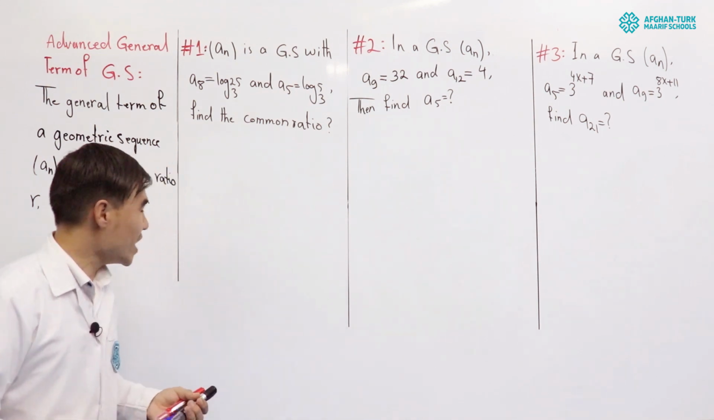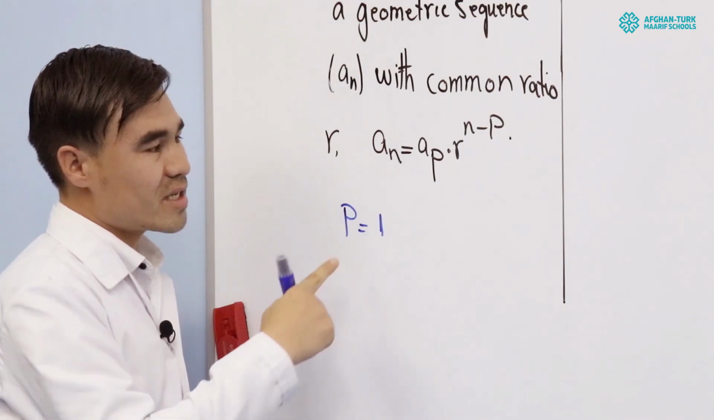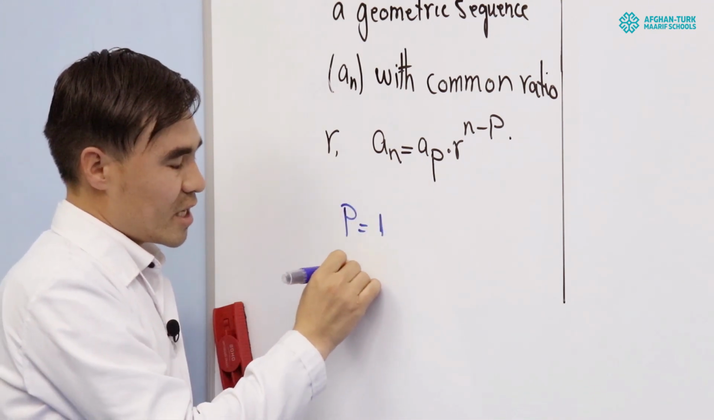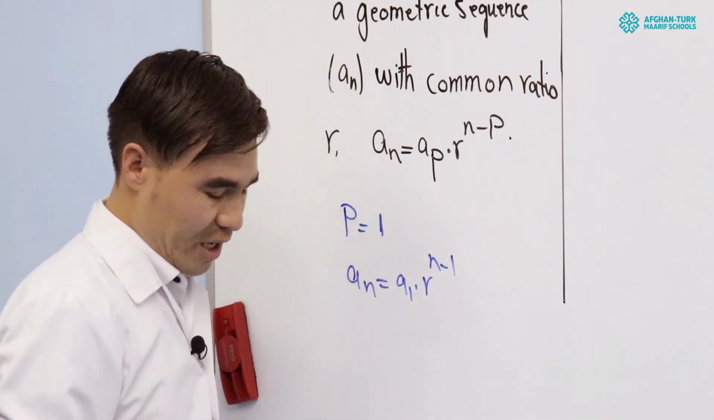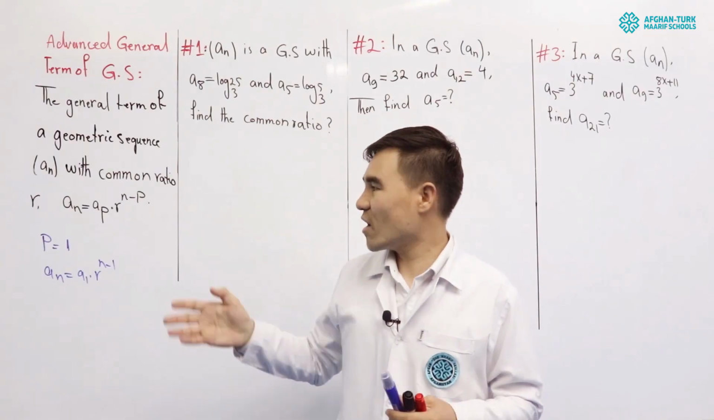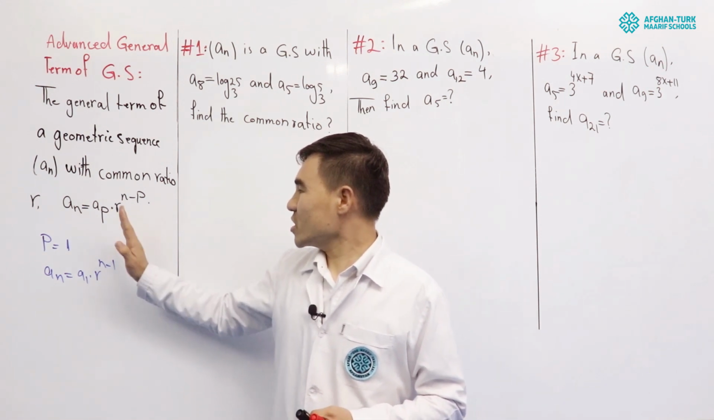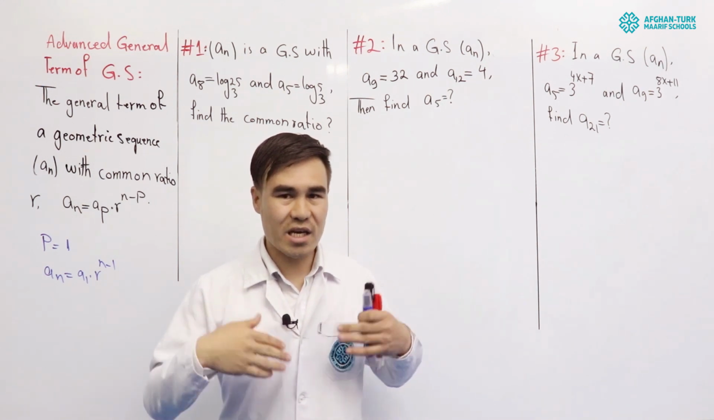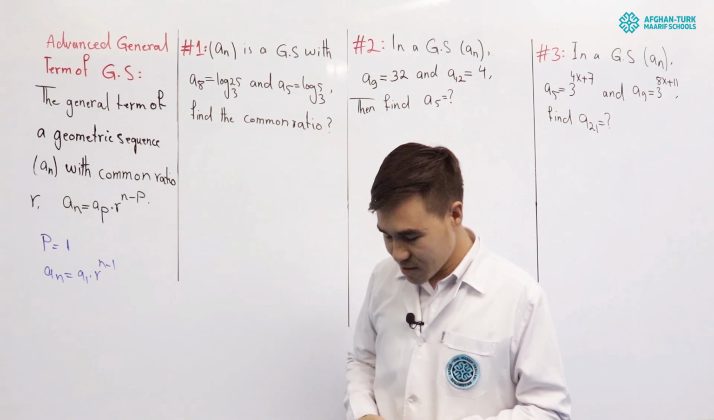Okay, dear students, if I put p equal to the number 1, this formula will be changed into the general term, like a_n equals a_1 times r to the power of n minus 1. This is called the general term of geometric sequences, which we talked about in the previous lessons. According to this formula, we can easily find the required terms. The example one says,